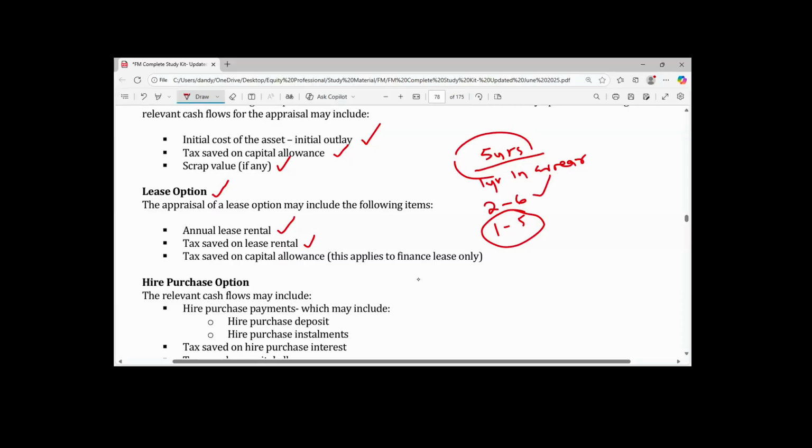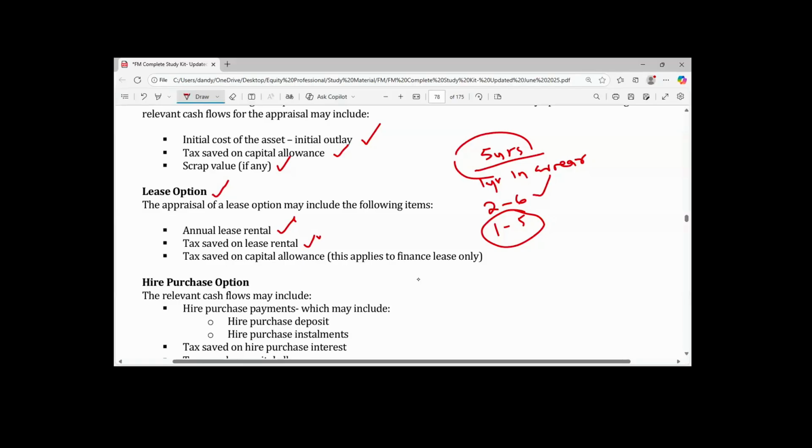Now, majorly, under the lease option, these are the two line items that you are going to have when you want to determine the PV of cost. Like I said, the first one is the annual lease rental, and the second one is tax saved on the lease rental. So just multiply the company tax rates on the lease rental to get the tax saved. All right? You multiply company tax rates on the lease rental, which will give you the tax saved on lease